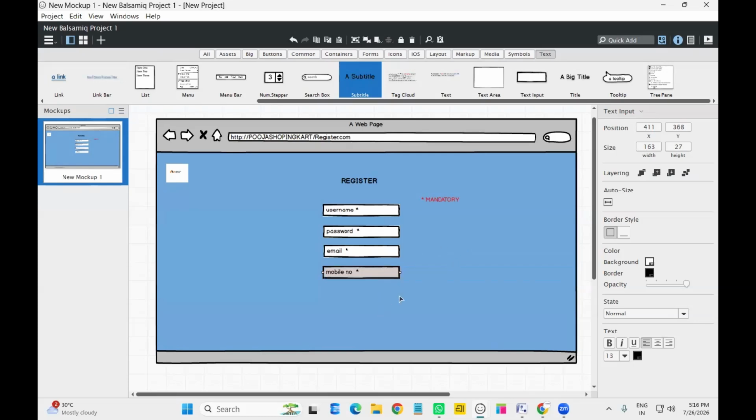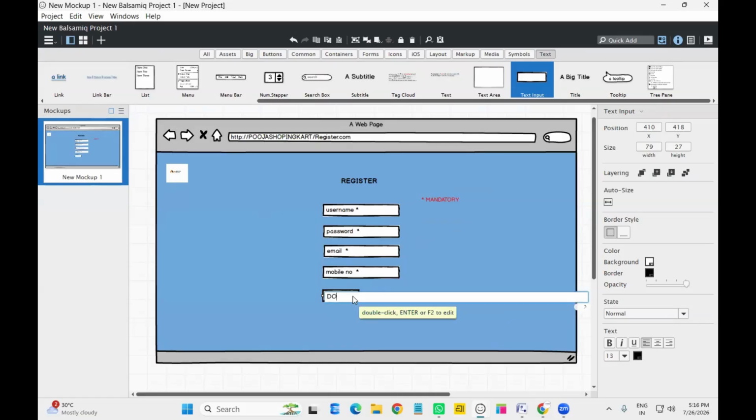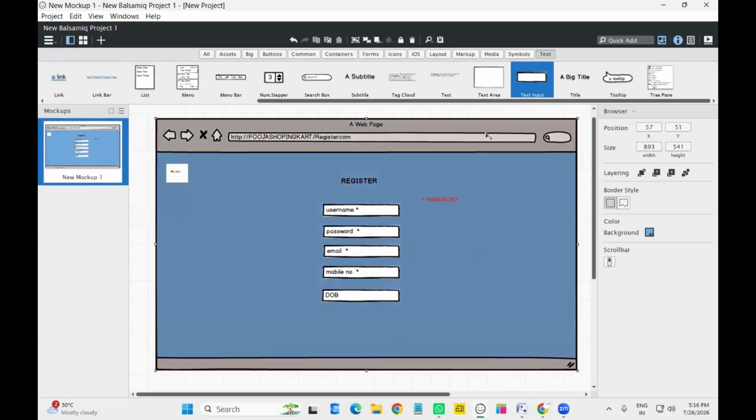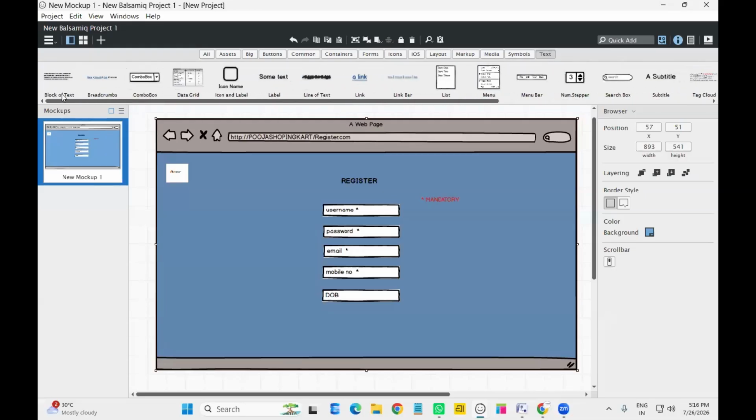Okay. And now I want to add another box that is DOB. For DOB, I don't want to add any star mark. It is not a mandatory one, so I am not adding anything. So after entering username, password, email, mobile number, and DOB, he needs a login button,